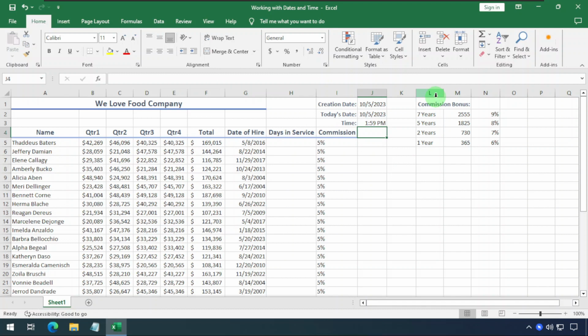Now that we have everything entered, let's do a formula to calculate the days of service using today's date and these employees' date of hire. So I'm going to go to cell H5 and I'm going to start typing. I'm going to start with equals, and we want today's date subtracted from the date of hire. So I'm going to start with